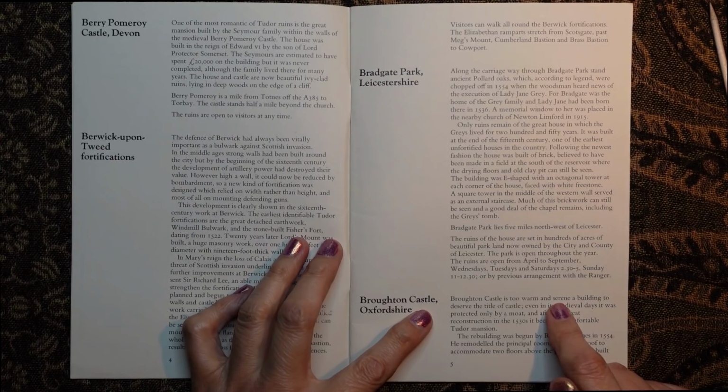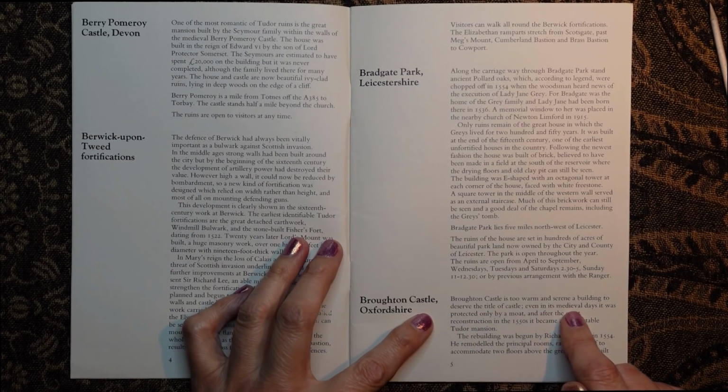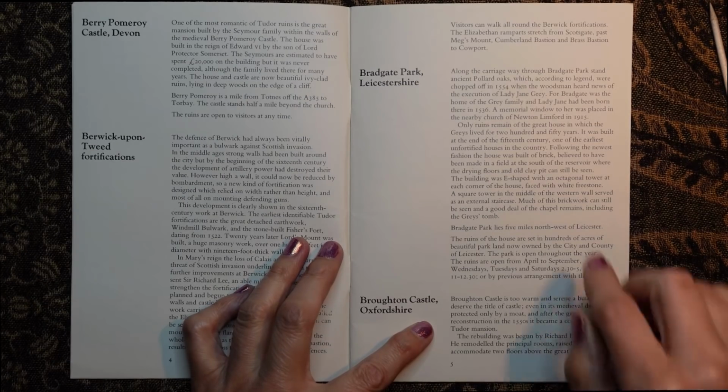is too warm and serene a building to deserve the title of castle. Even in its medieval days, it was protected only by a moat, and after the great reconstruction in the 1550s, it became a comfortable Tudor mansion. The rebuilding was begun by Richard Fiennes in 1554. He remodelled the principal rooms, raised the roof to accommodate 2 floors above the great hall, and built